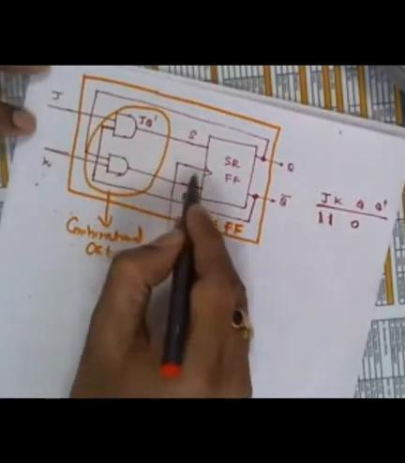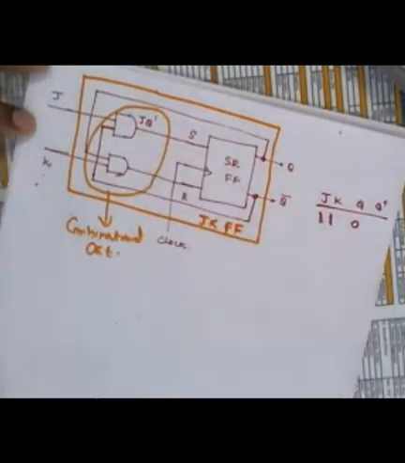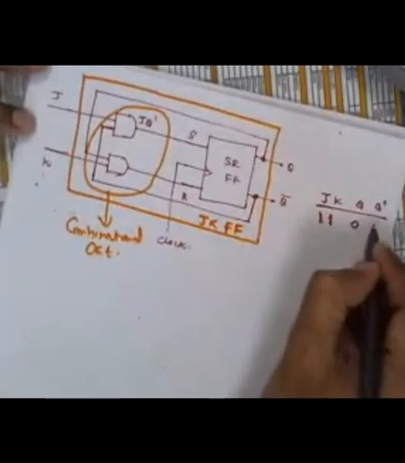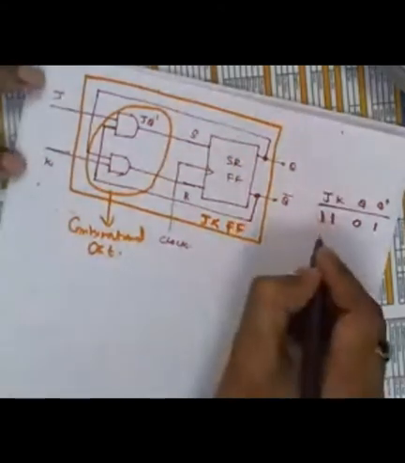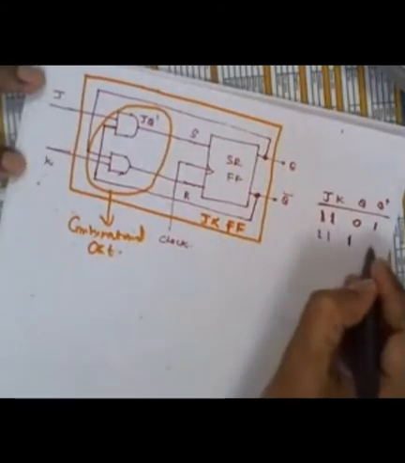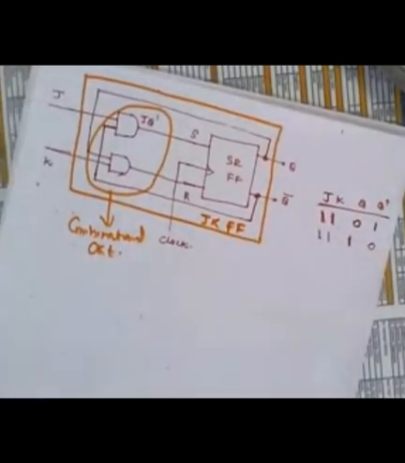You apply the clock, and your circuit will go to steady state. That means this will become 1 now. That means toggling happens. 1, 1, 0 is the present state; you apply the clock, toggling happens. Or you assume 1, 1, if this is 1, then 0 will happen, toggling will happen. Like that you can substitute any condition here.